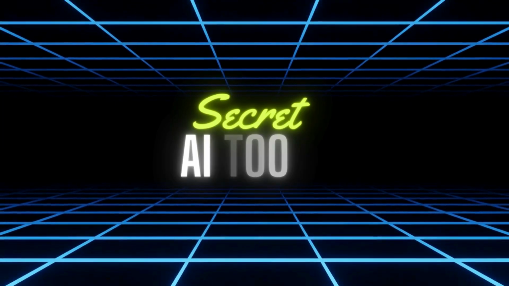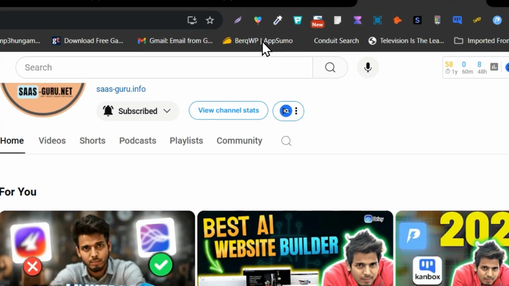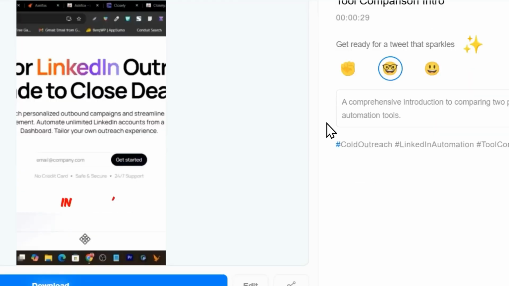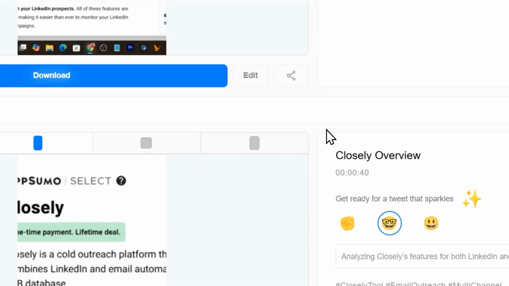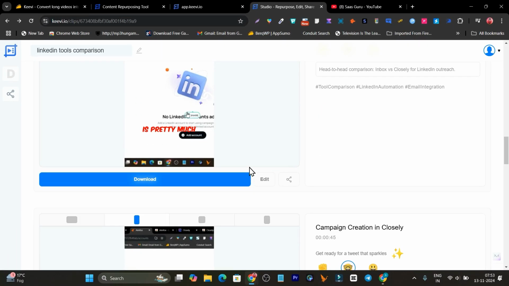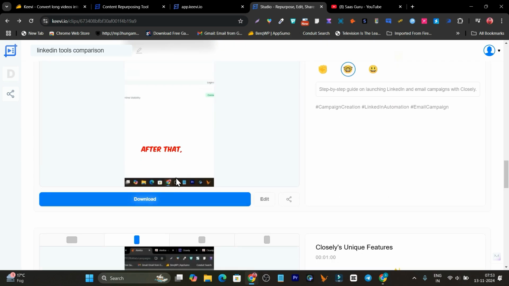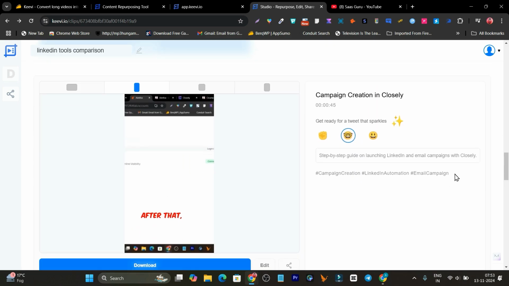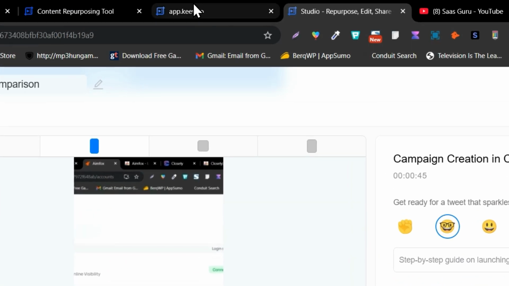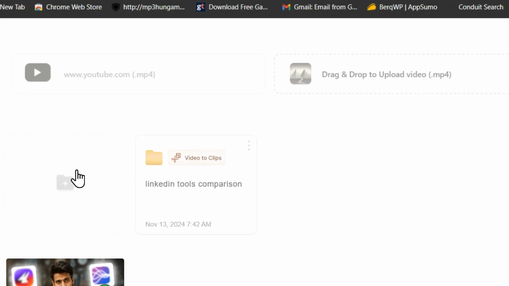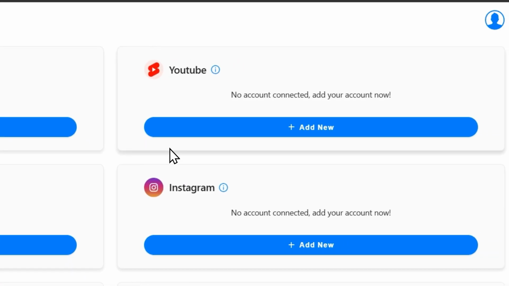This tool can turn my long videos into short clips, and after that I can repurpose them for social media like Instagram, Shorts, Reels, TikTok or Twitter. The best part, I also get automated subtitles with captions and hashtags here, and all the clips it has generated I can connect directly from its dashboard to the different social media accounts here and directly